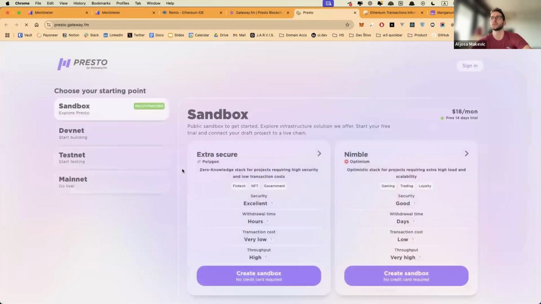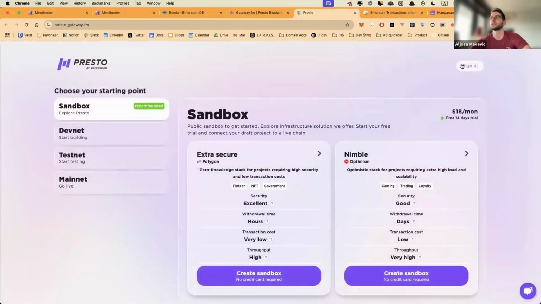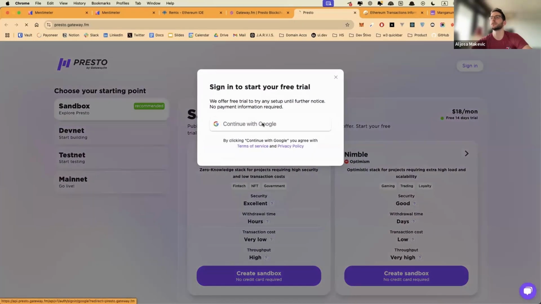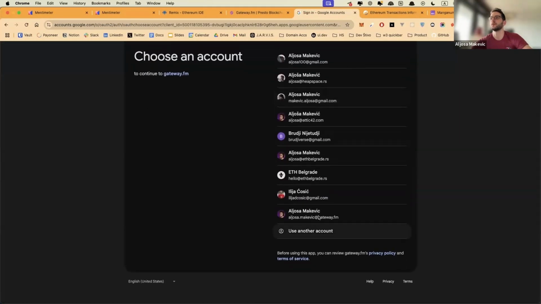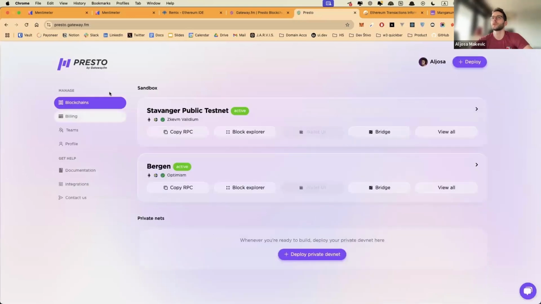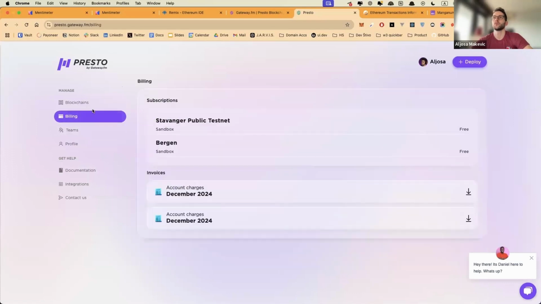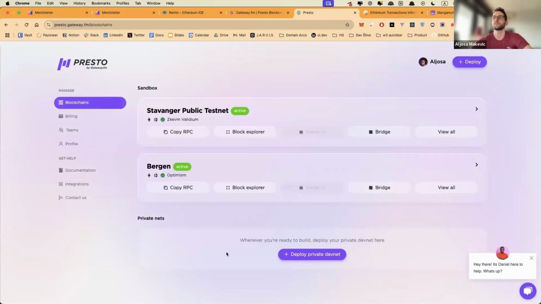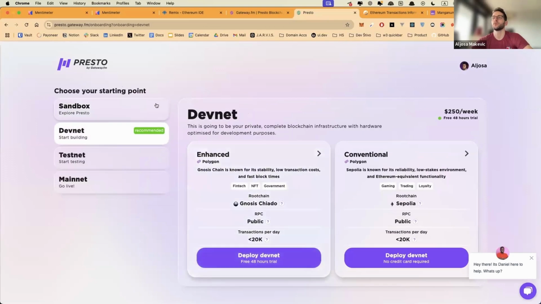You can deploy this in a few clicks. So I'm just gonna sign in to my existing account. And you see here are already some deployed chains. If I wanted to, I could deploy another one. That's going to take a little bit though, so I'm just going to show you an existing one.